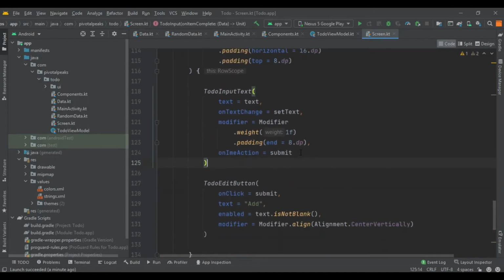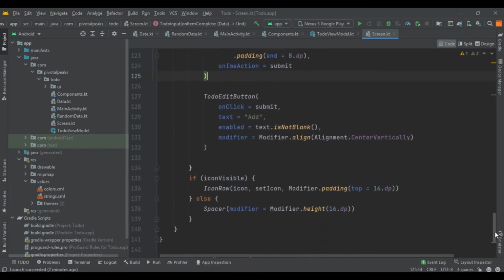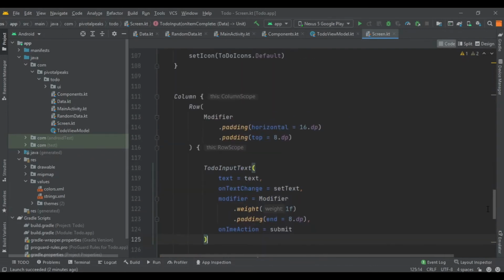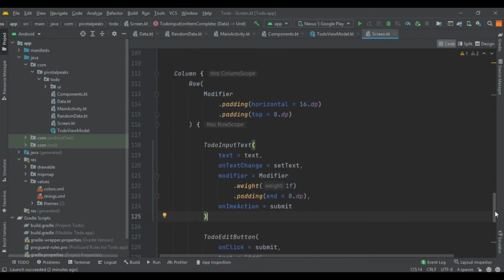All of these parts, the input and edit button and icon, are UI based. So we'll separate this, and also these are stateless. So let's select all the stateless part and extract it.